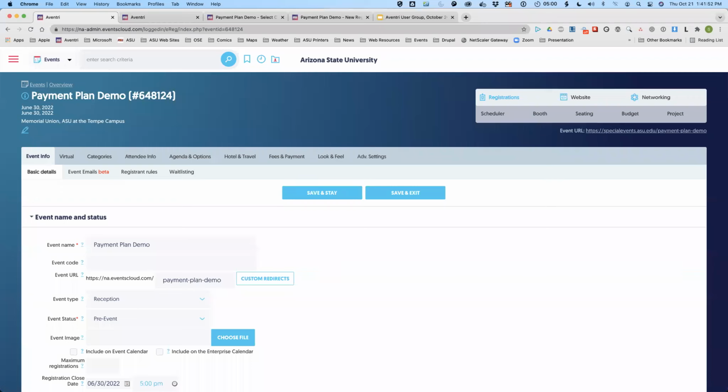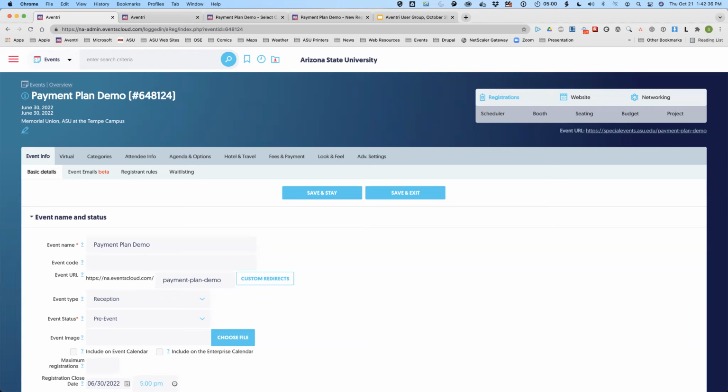And I included the link itself into Aventri as a question, and the answer was like, yes, I filled this out. And we had some issues when students were using a mobile phone because there was no way in Aventri to, at least for a link, make it open up in a new tab. So what ended up happening was a lot of students opened up that link, filled out the DocuSign on their phone, and then it completed, and it basically left their Aventri registration as incomplete. And then they got very confused when I was emailing them, telling them they were not actually registered and they had only completed the DocuSign, which was a lot of fun emails.